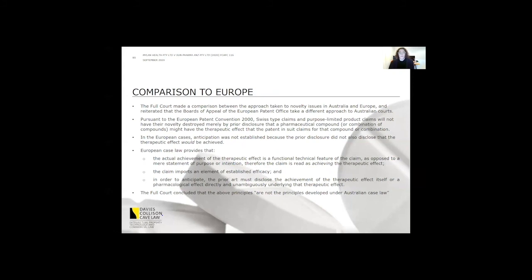I just wanted to note at the end here that the full court did make some interesting comments comparing Australia and Europe's approaches to novelty considerations, particularly paragraph 111 of the judgment. Mylan sought guidance from European cases, in which the court actually did agree that they provided broad support for Mylan's position. So under the European Patent Convention 2000, Swiss type claims and purpose-limited product claims will not have their novelty